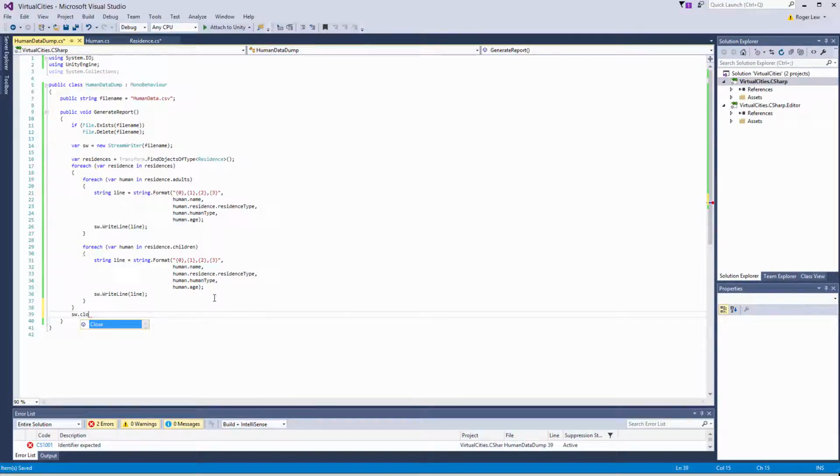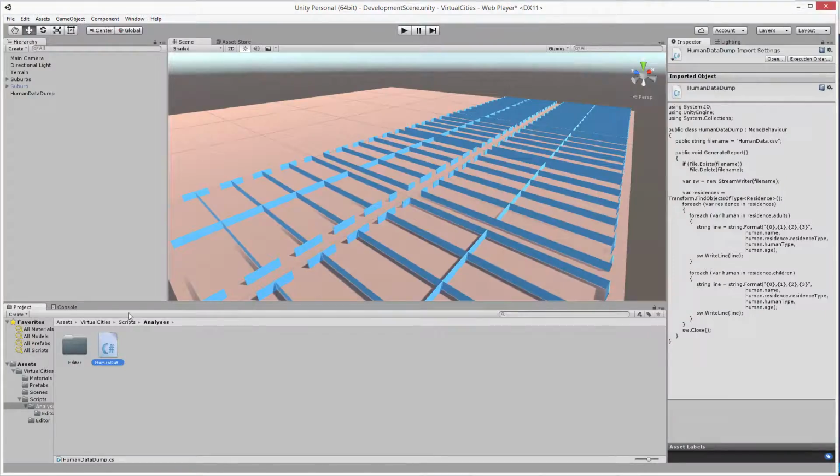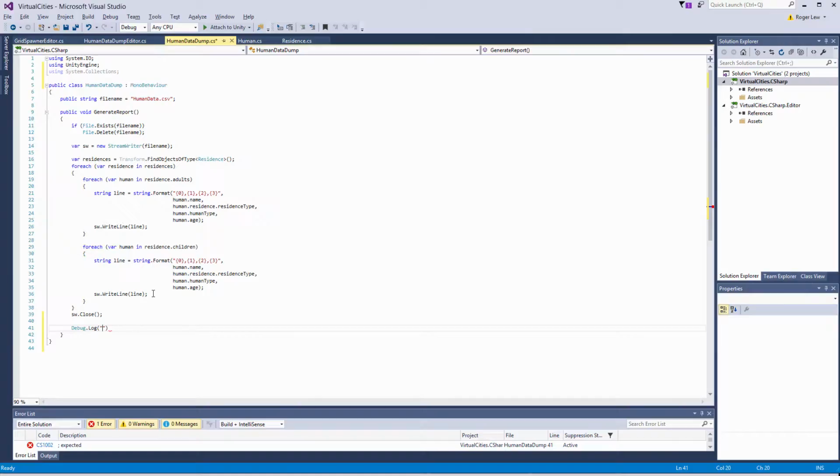So we'll do sw.Close, and then down here we can use Unity's debugging functionality, or its console debugging functionality. So we could type Debug.Log and then the message that we want to pass to the console window. And again, the console window is this window. So we can write generate report, or let's say human data dump.GenerateReport as completed,